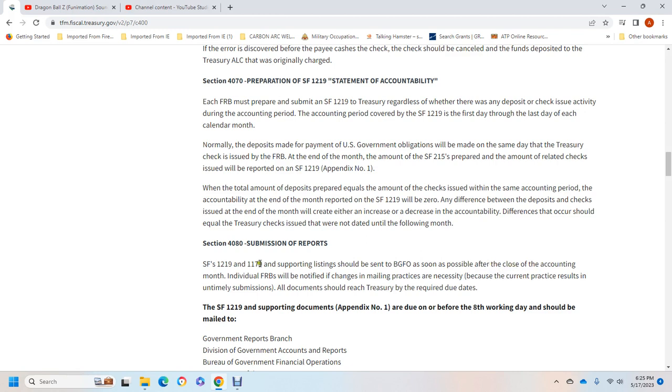after closing the account each month. An individual Federal Reserve Bank will be notified of changing the mailing practice if it is necessary because the current practice results in untimely submission. All documents should be submitted to the Treasury as required, with due dates. Standard Form 1219 supporting documents are due before the 8th working day